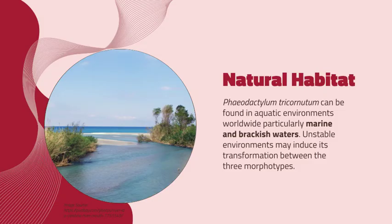As I mentioned earlier, Phaeodactylum tricornutum is commonly found in marine ecosystems, but is also widespread in brackish waters worldwide. Reports have also indicated finding Phaeodactylum tricornutum in unstable environments, including estuaries and rock pools. In fact, certain environmental conditions have been reported to induce the transformation between the different morphotypes I mentioned earlier. Now that we are familiar with possible sampling locations of Phaeodactylum tricornutum, we can now proceed to collecting samples for